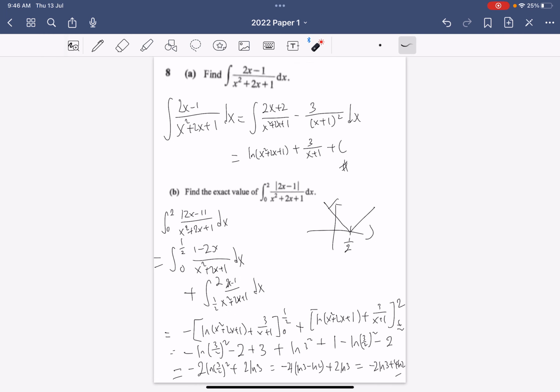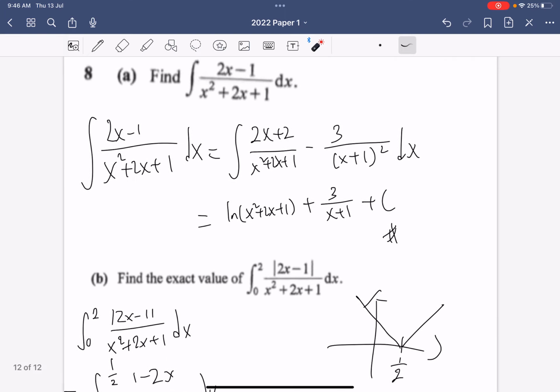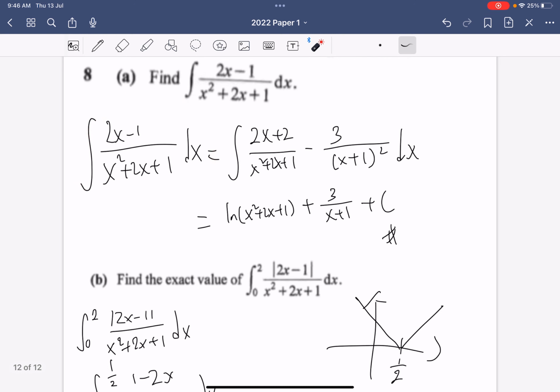So the last question for this video is just doing integration. So it's your techniques of integration. So how do you want to integrate such a form? Well, you already know that it's a proper fraction, because here's power 2 and here's power 1 only. So what you need to do in this case always